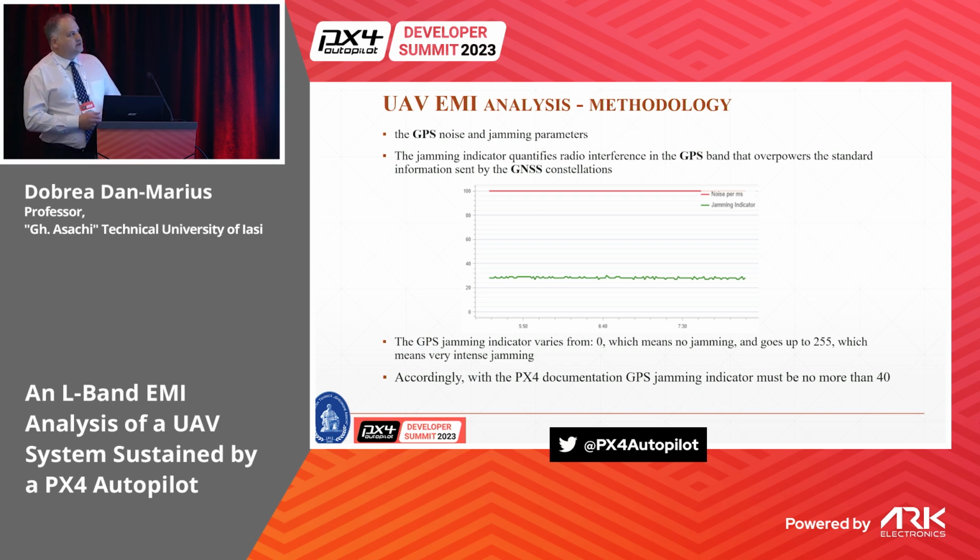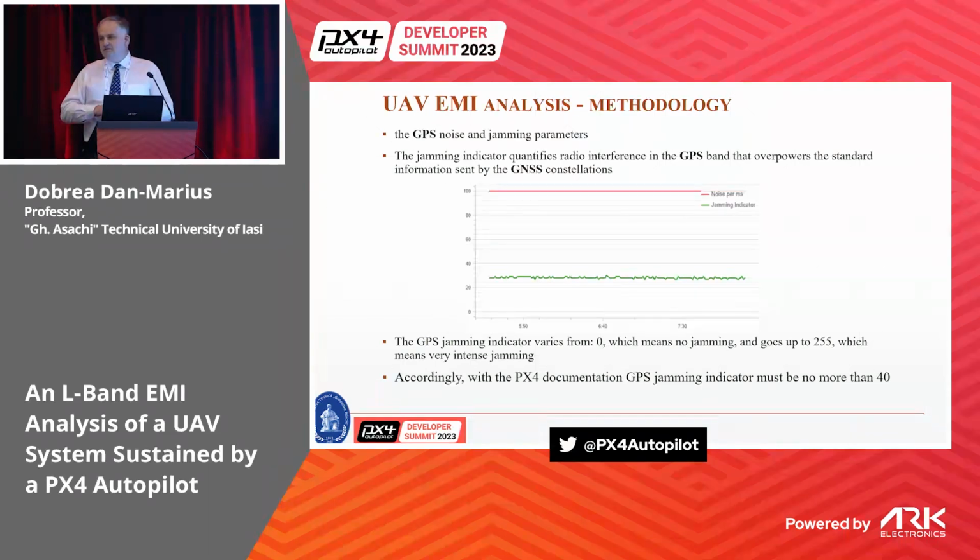But in all the analyses that will follow, I use only the jamming parameter, mainly because this parameter is correlated with the electromagnetic environment of the GPS unit. This parameter can take values starting with 0, which means no type of interference is computed inside the GPS unit, and the PX4 documentation recommends that you must have not more than 40